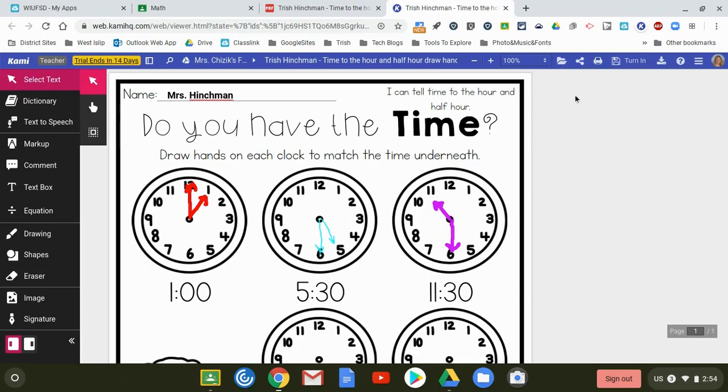Let's stop and take a minute and talk about how we save this file. When working in Kami, the file will save automatically as you're working on it. If I wasn't finished with the document and I'd like to come back later and finish it, I can simply close out of the tab,